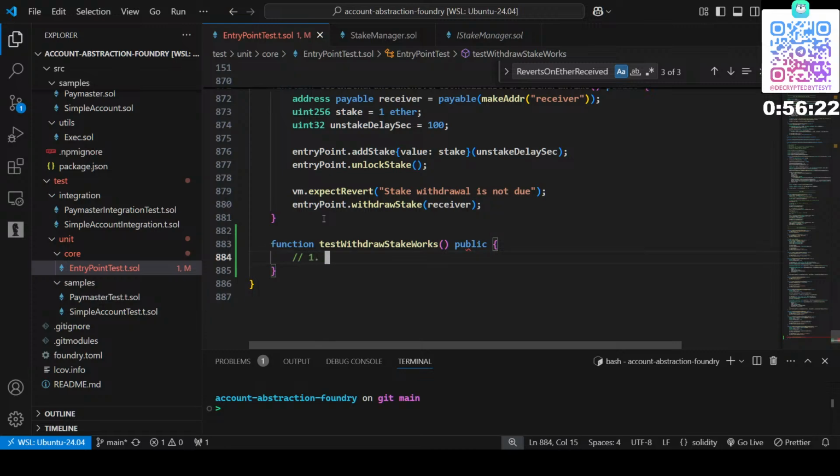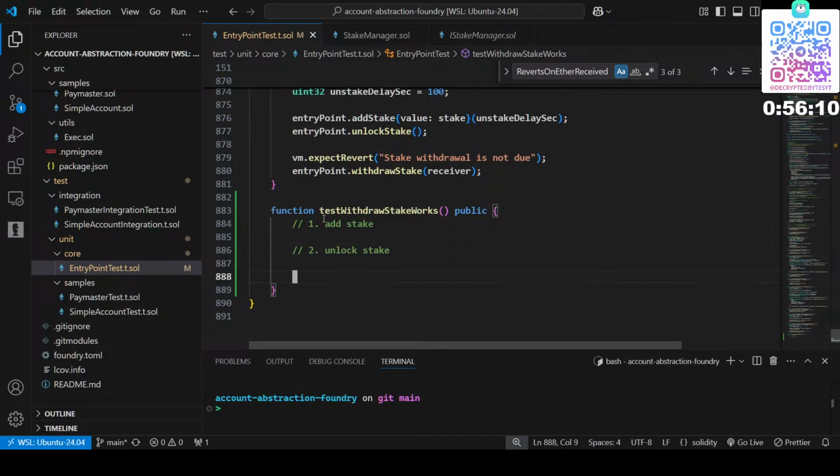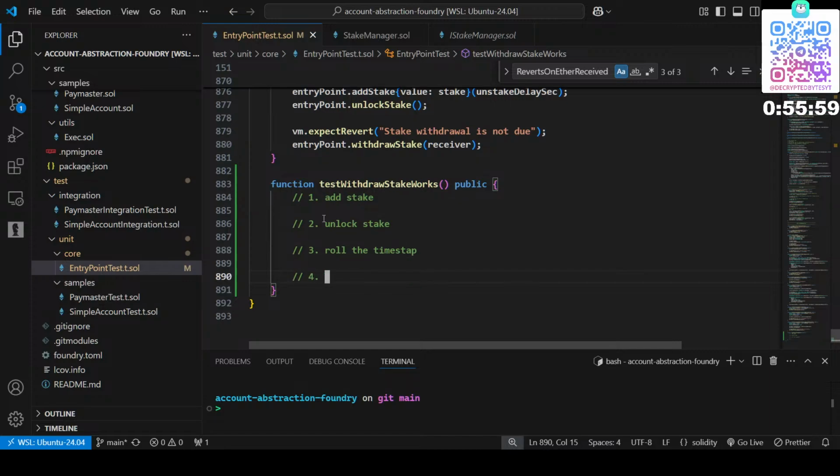Now first is add stake, then unlock stake, then we have roll the timestamp, that's the next step, then withdraw stake,